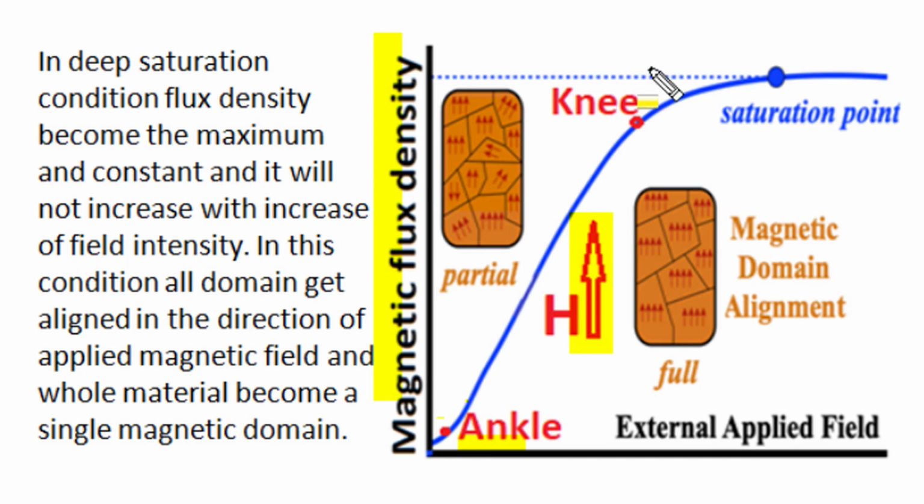And after the knee, the first difficult domain gets tilted, requiring a higher increase in external magnetic field and a lesser increase in magnetic flux density. After deep saturation, when almost all internal magnetic dipole moments get aligned with the external magnetic field, a further increase of the external applied field can't increase the magnetic dipole moment in the ferromagnetic material or the induced